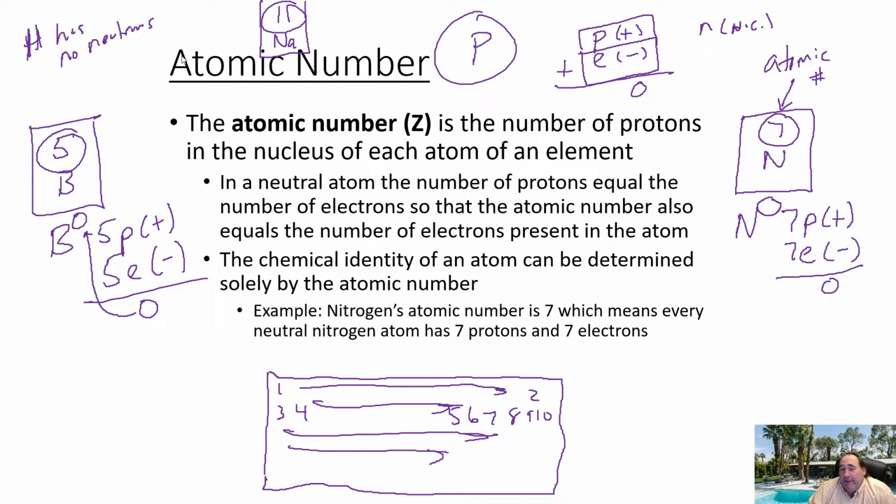So sometimes people kind of get those things wrapped together. It is true that if you have a neutral atom, it will also tell you the number of electrons, but that is not the definition of the atomic number. It's just the protons. And we'll talk about a case in a sec where electrons could be different. If you're asked that question, sometimes people miss it because they're used to the autopilot of, oh, atomic number, number of protons, also tells me the number of electrons, so that must be the definition as well. So once again, atomic number: only the number of protons.